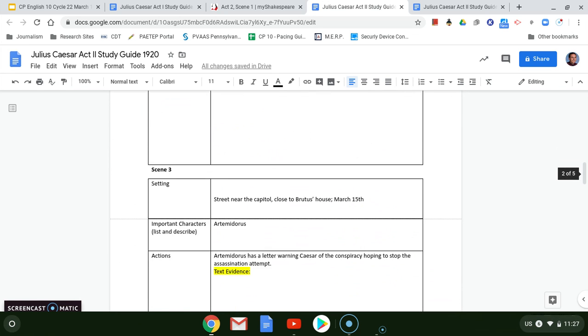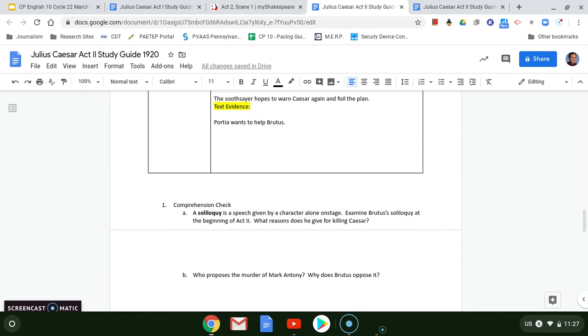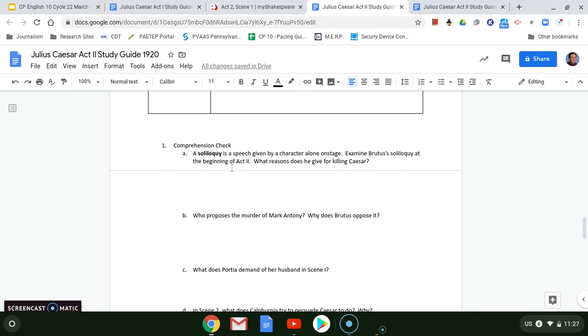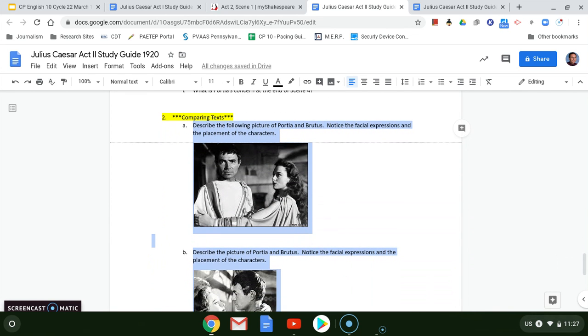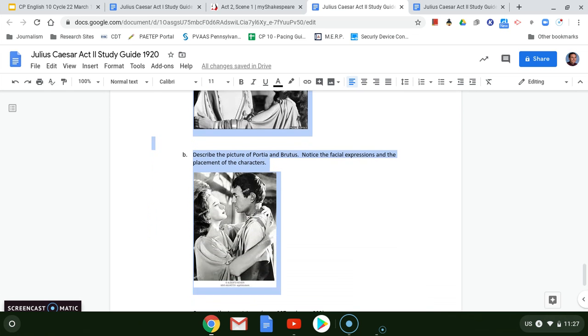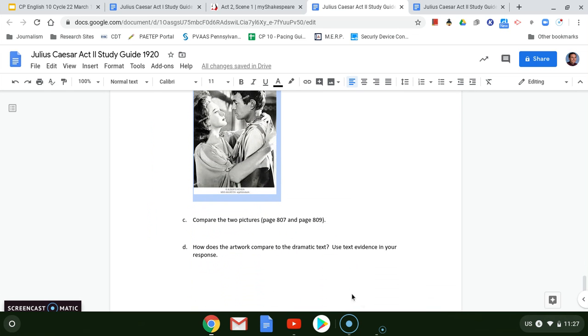We'll get to scene 2 later, and scene 3 and scene 4. Okay, you should be able to answer this first question. What reasons does he give for killing Caesar? All right, don't worry about letter B yet. And as you scroll down, you'll be learning more about Portia and Brutus in scene 1. Okay, so we'll stop there, and we'll see you